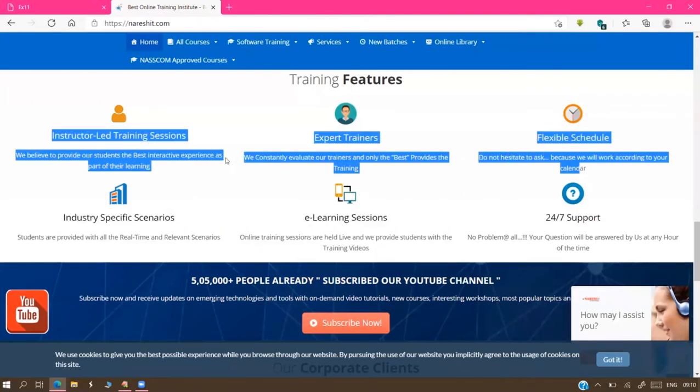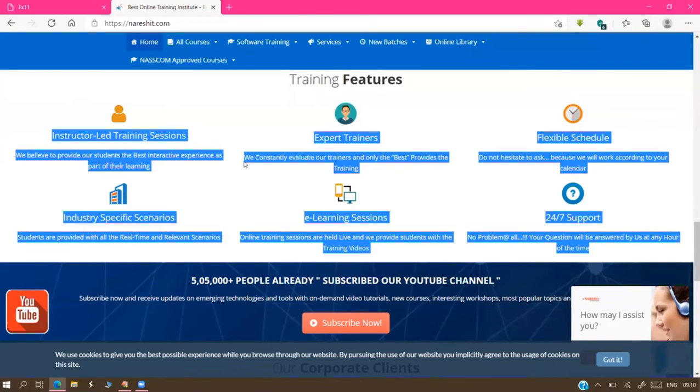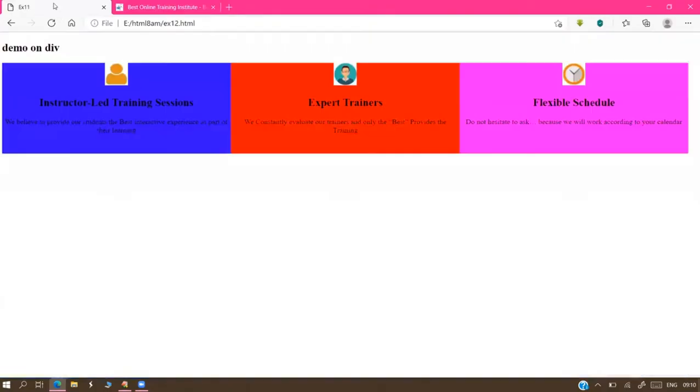Because see here, this is a gap. Observe now. Here also, from every division tag to the next division tag, there is a gap. These gaps are called margins. They use the white background color now, that's why we are unable to identify it. Here we use different colors now, so it's clearly appearing.